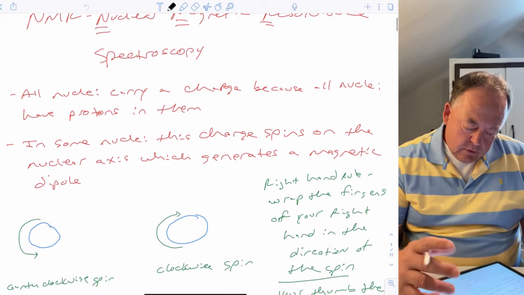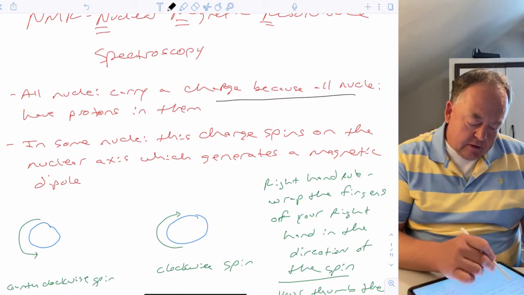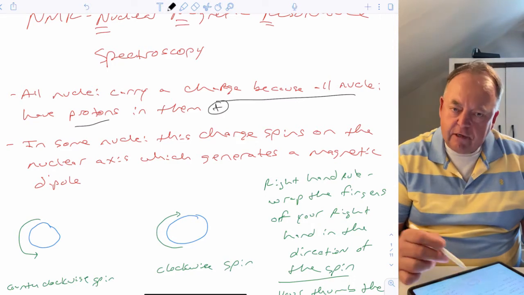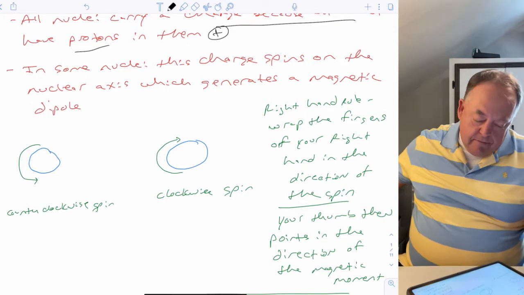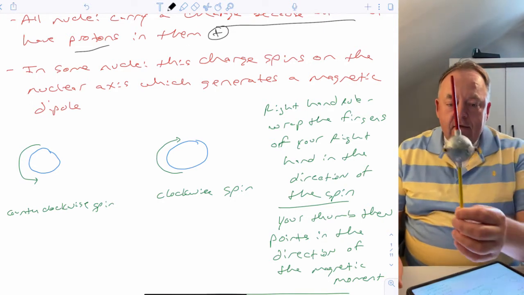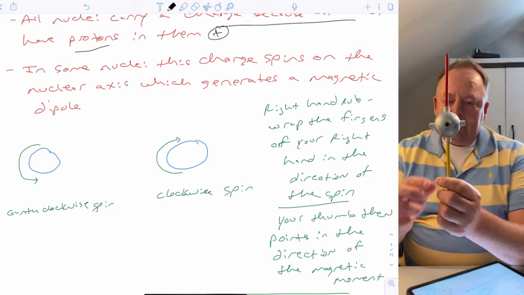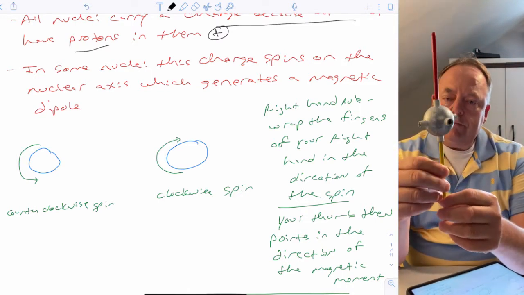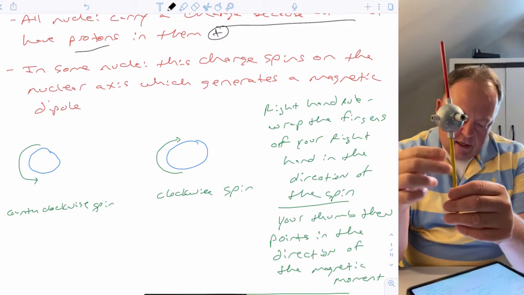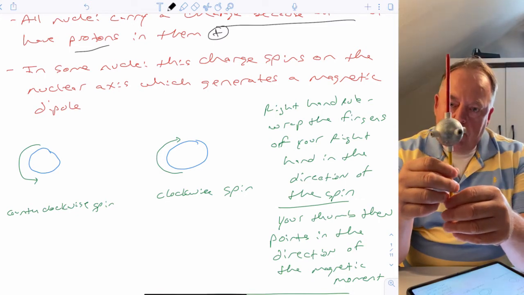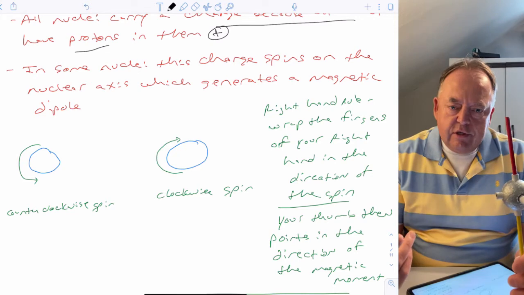So first of all, nuclei carry a charge because all nuclei have protons in them, and protons are positively charged, right? So in some nuclei, this charge spins on a nuclear axis. If this is representing the nucleus of the atom and it spins, the nucleus could be spinning that way, or it could be spinning that way, right? This is one way to think about it. And because it's a spinning moving charge,